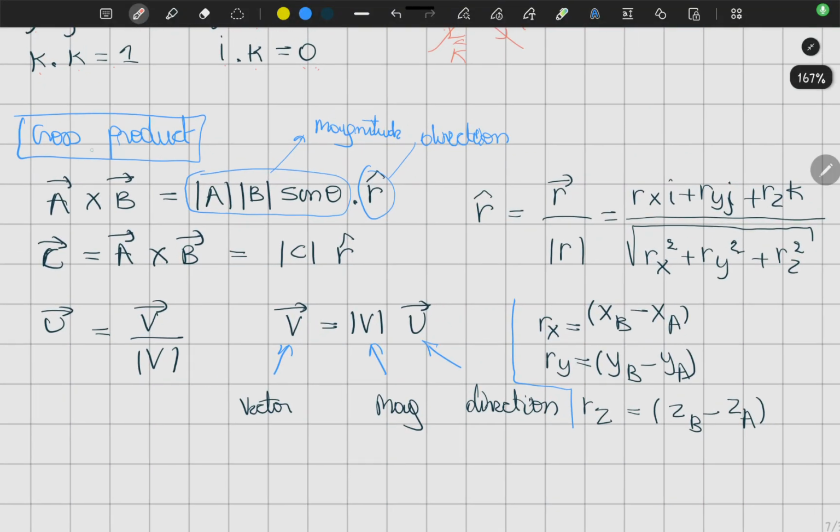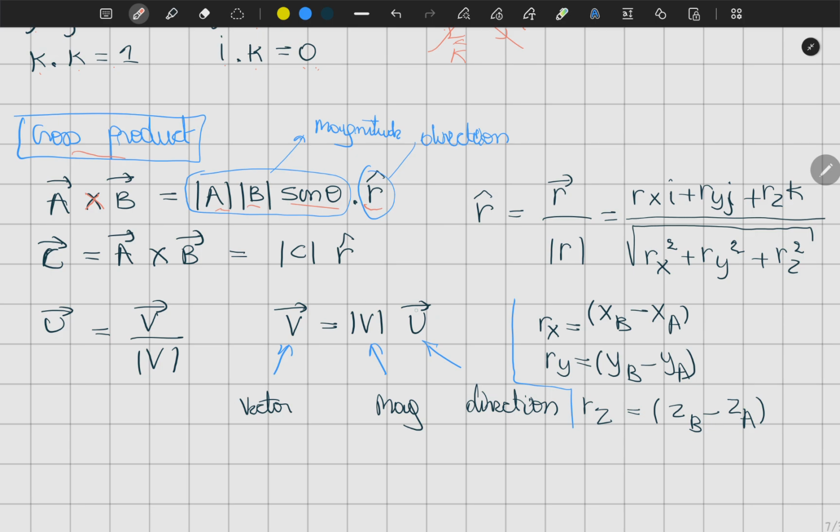Okay, what is the cross product? Cross product is the x that you see in between those two vectors. This is what we say cross product. Okay, this vector times that vector, the magnitude of the first vector times the magnitude of the second vector, but this time around we're using sine instead of cos, which is for the dot product, since we're working with cross product, and then times the